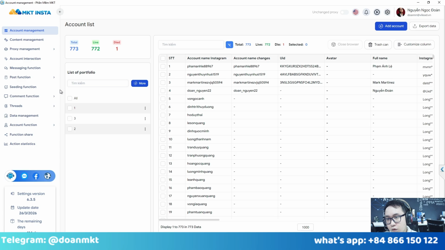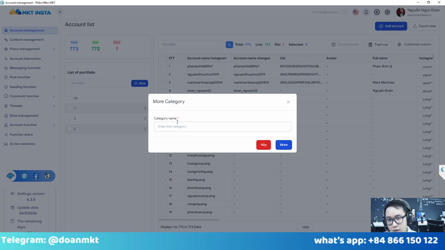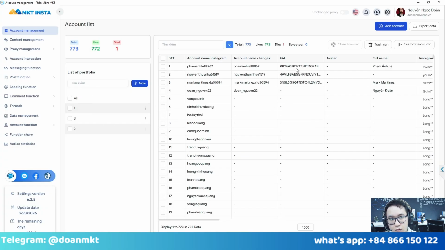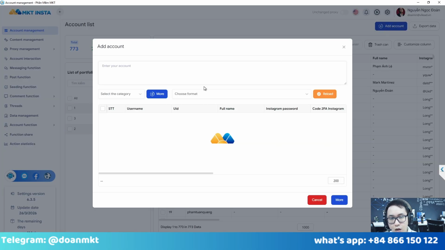When you first use this software, you won't have a category, so you will need to add a new category, and you can enter any name that you want in here. And after having a category, you can choose the add account button,